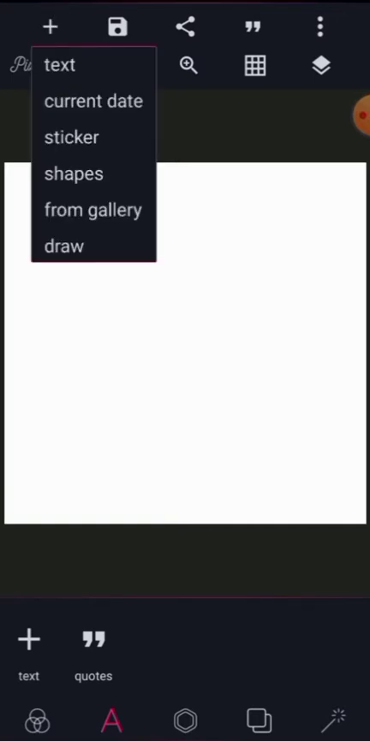So what you see on your phone screen now is the Pixellab interface in its default mode. And all the signs you see there are clickable. They are clickable buttons to the tools you can use for your graphic designs. The first button on your right is the plus button, which is also called the project button. When you click on it, it is the shortcut access to inputting text for your designs, the current date, pre-made stickers,